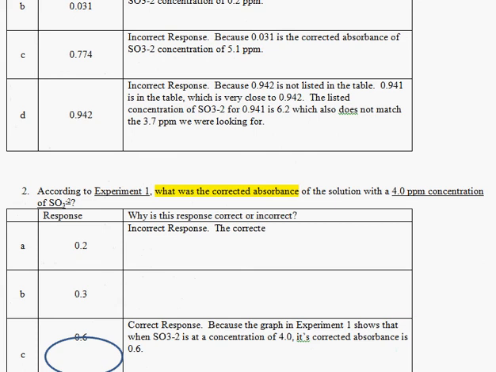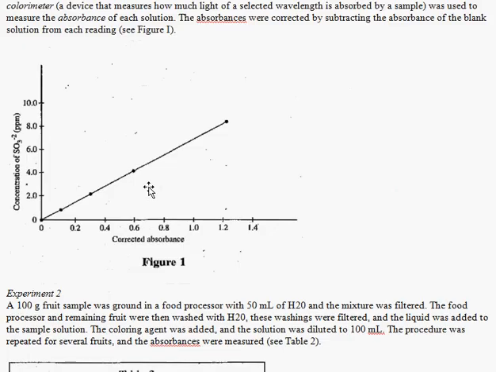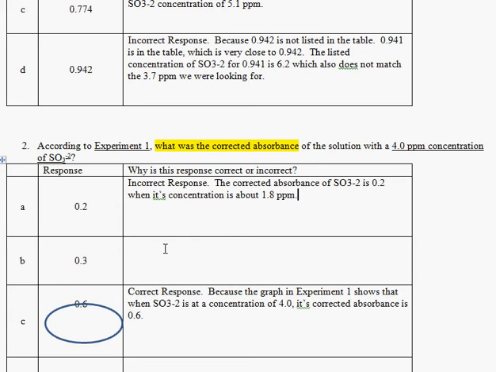The corrected absorbance of SO3-2 when at 0.2, wait, is 0.2 when its concentration is about 1.8 ppm. Now I use ppm, right, because that's what concentration's in, ppm. Now I said about here, and this is really important. Okay, why did I say about? Any ideas? Why didn't I say exactly 1.8 ppm? Okay, this is something that's